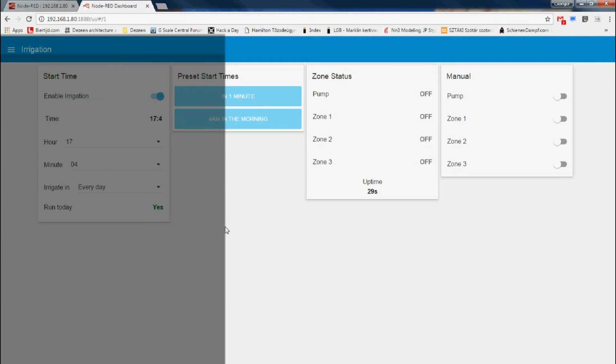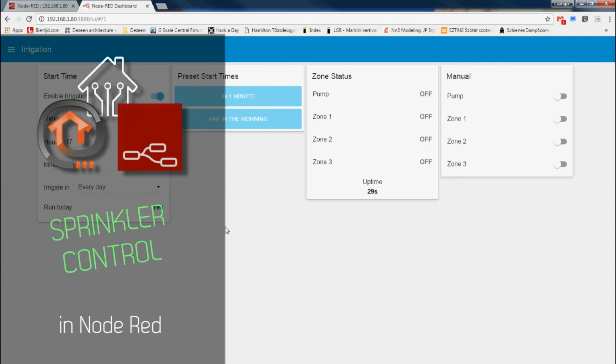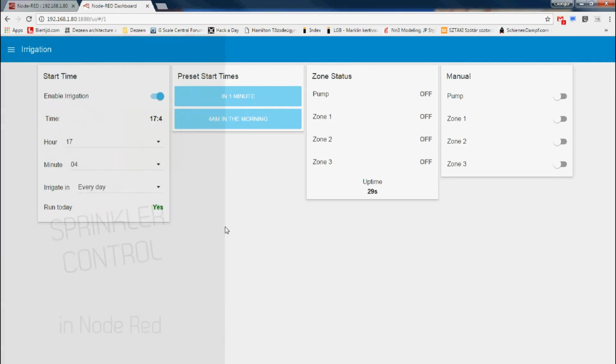Welcome to a new video in my home automation Node-RED OpenHAB series. This time I will be looking at an example of how I would do an irrigation control, like the normal